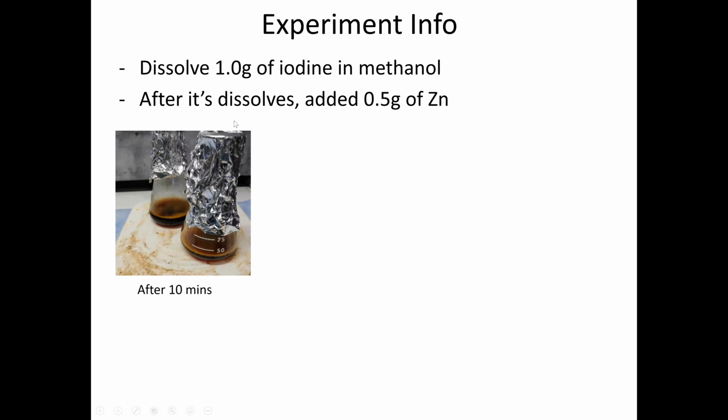So initially, when you start your experiment, just one thing here, they used a little bit too much aluminum foil. You don't need much, just right about here. But you see the initial color is a dark brown